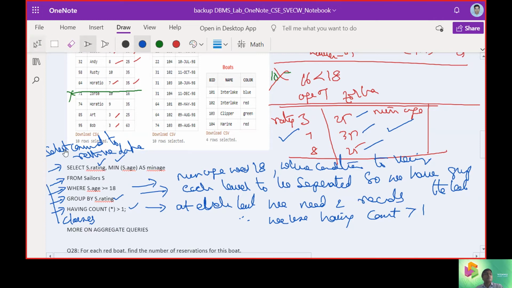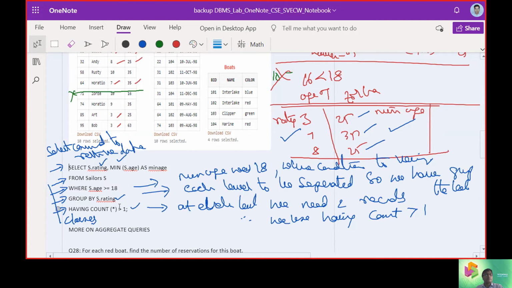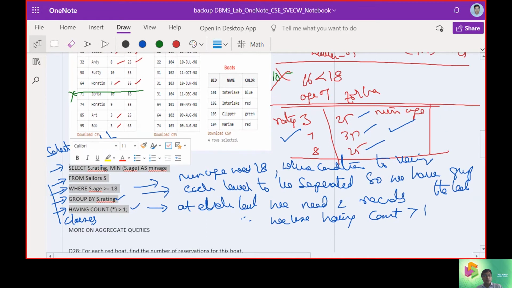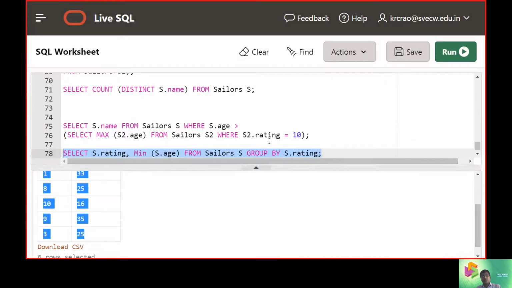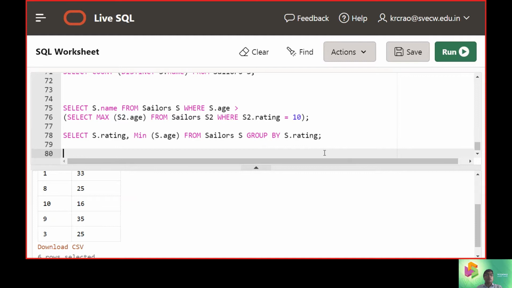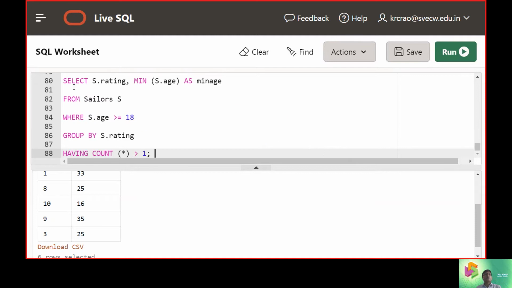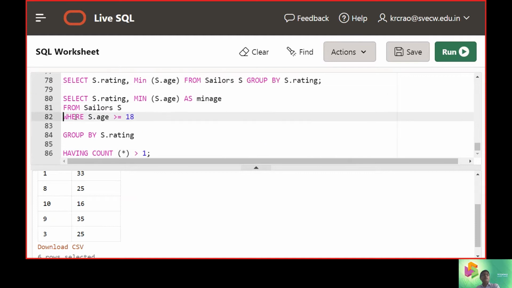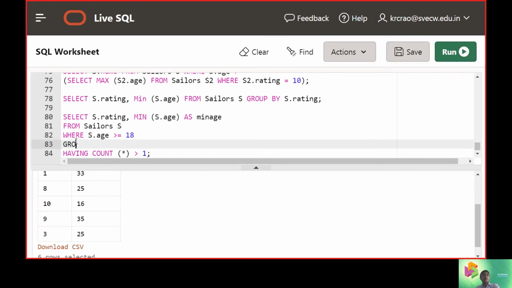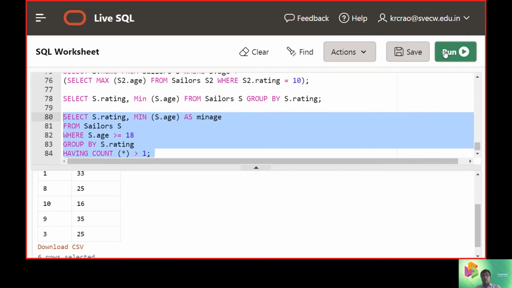So let us take this SQL command and see how it is going to get executed here, with the where, group by and having clauses. So let's see how the answer goes.